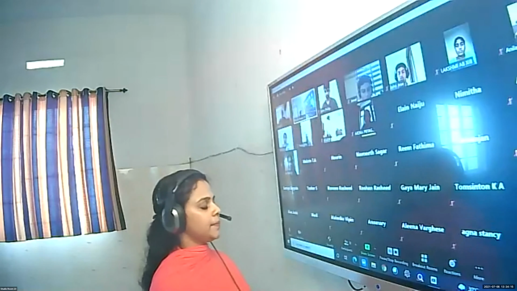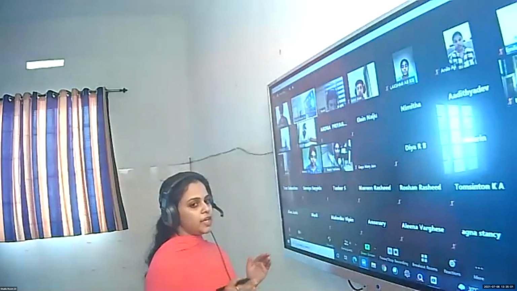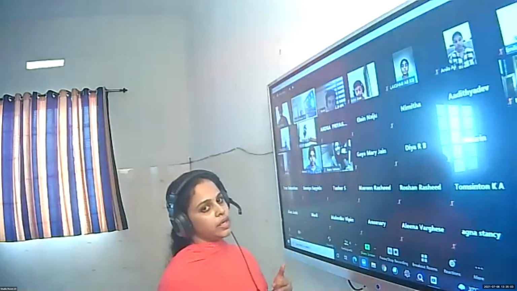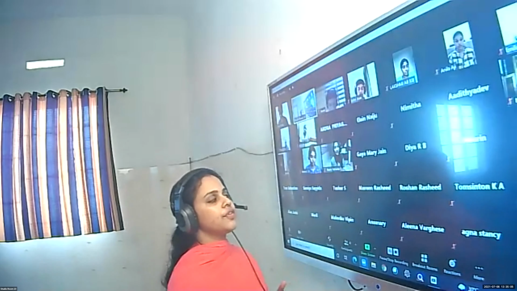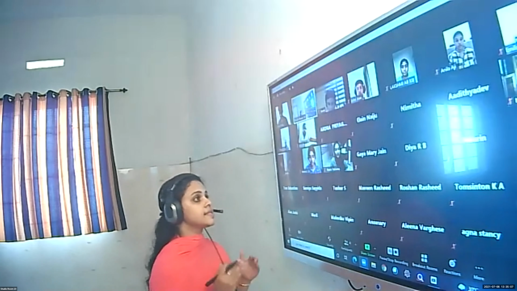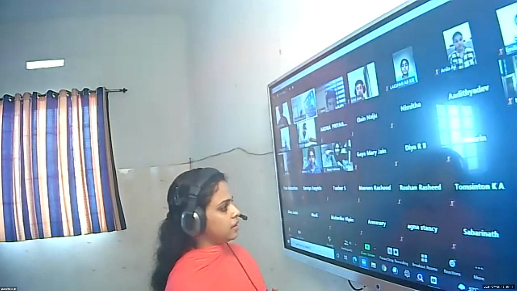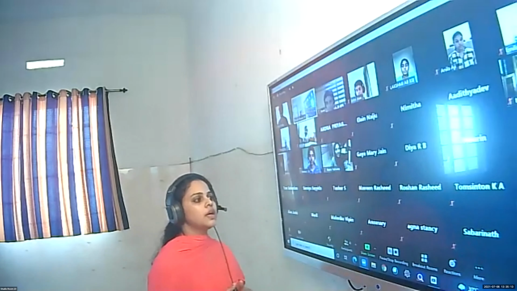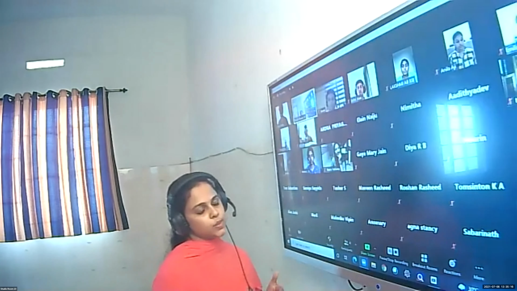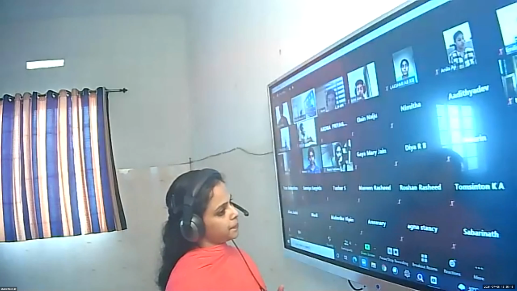When two quantities are multiplied or divided, the relative error in the result is the sum of the relative errors in the multipliers. Yes. If any two quantities are multiplied or divided, then the relative error in the final result is the sum of the relative errors in the multipliers. Then Roshan Rashid, can you recall our third rule in association with the combination of errors?